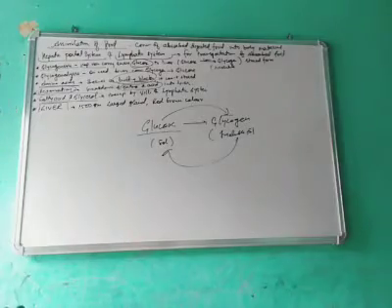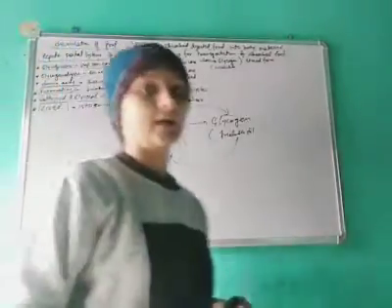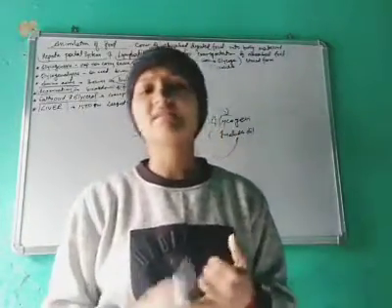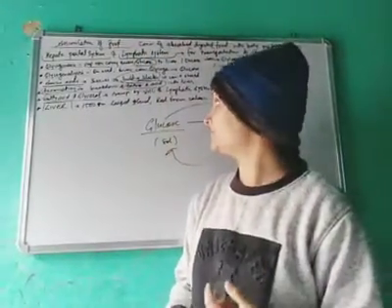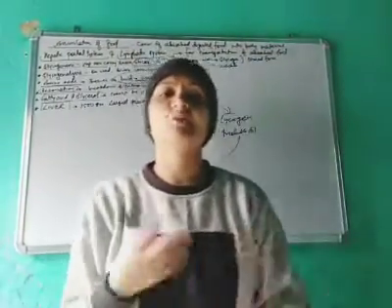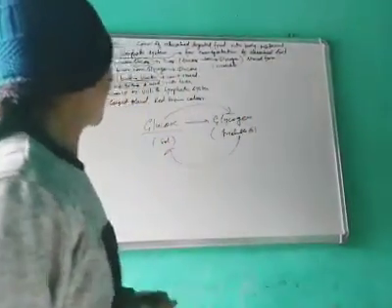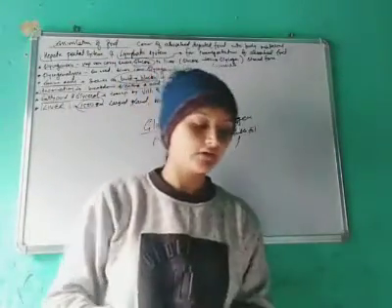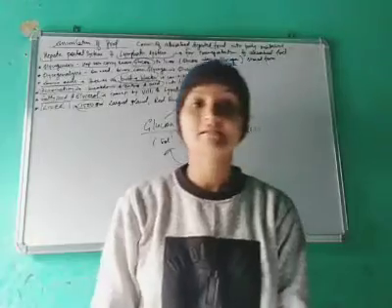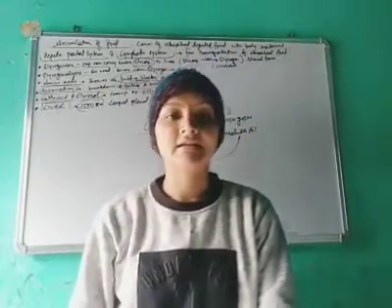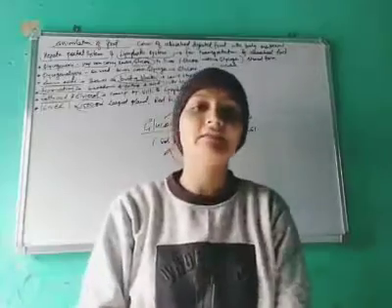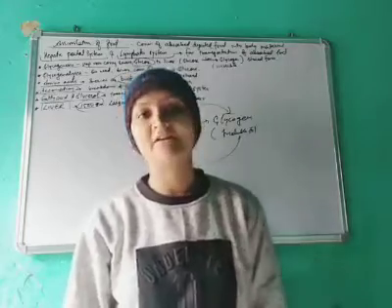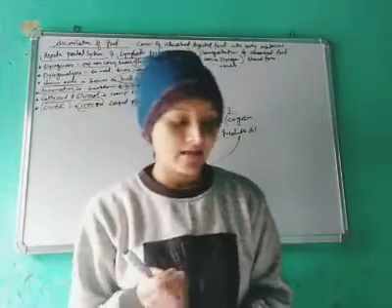After that, there is the liver. The liver has so many functions, as we have talked about. The liver is the largest gland of the body. Why are we saying gland? Because it secretes so many things in the body. It weighs 1500 grams and is of reddish brown color. It secretes enzymes and breaks down so many things. It produces bile juice, and it is located in the upper right side of the abdomen.